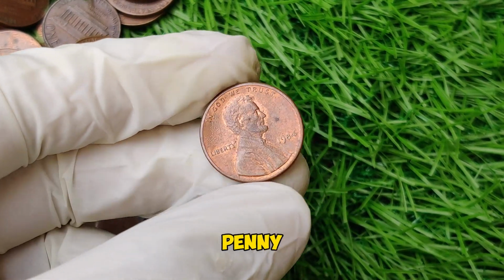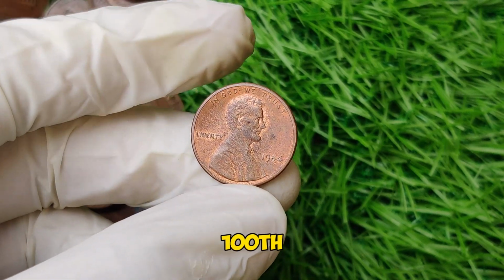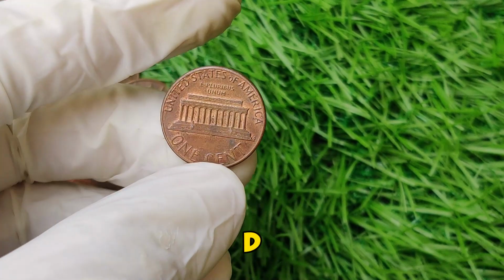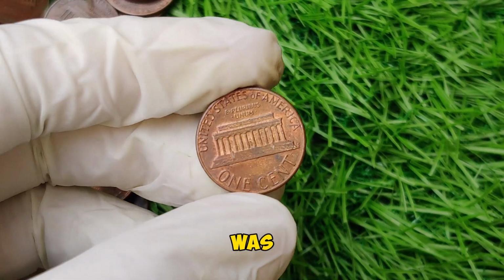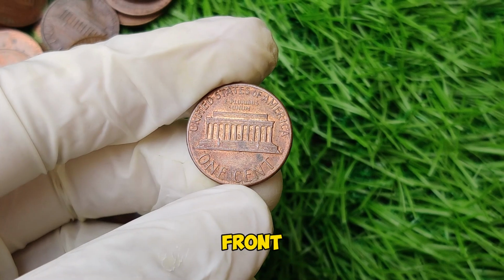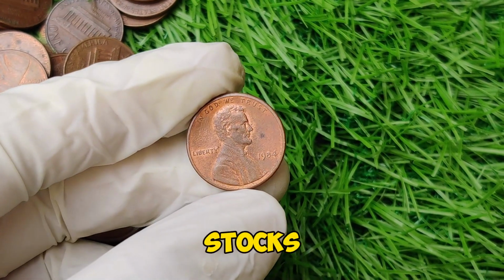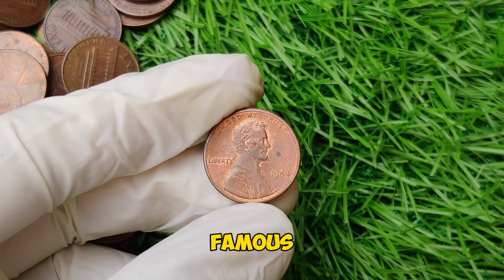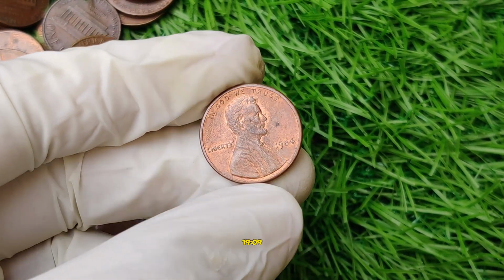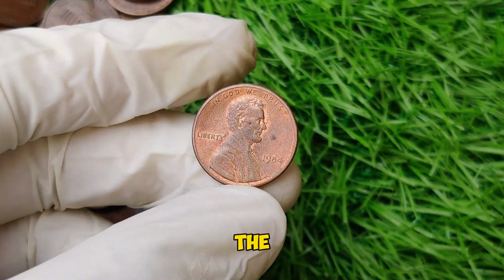The wheat Lincoln penny was first minted in 1909 in honor of the 100th anniversary of Abraham Lincoln's birth. Designed by Victor D. Brenner, this penny was the first U.S. coin to feature a real person, Lincoln, on the front, also known as the obverse side. The reverse side featured two stalks of wheat, giving the coin its famous wheat penny nickname. The wheat penny design was in circulation from 1909 to 1958, after which it was replaced by the Lincoln Memorial